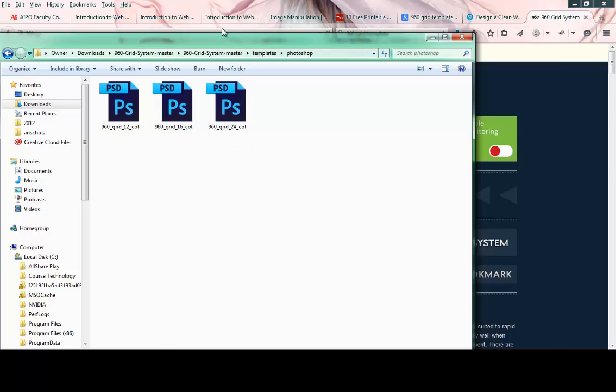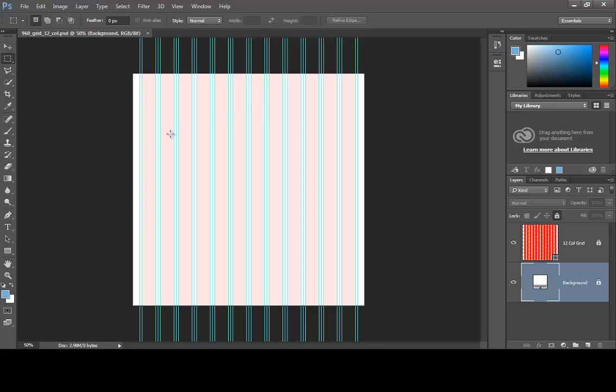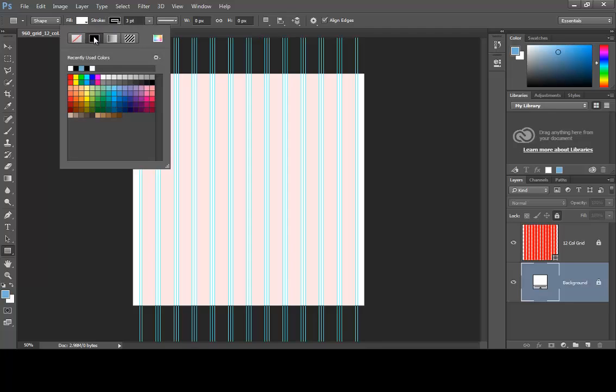And when you open this up, in Photoshop, like in this case, and same thing in Illustrator, it's going to put all these nice little guides in, and it does some color coding so that way you can see these columns. So then, with the guides in place, all you have to do is create your box, and it's going to snap to the guides itself, which is great on that part. So if we take our rectangle tool, and let me have a black stroke here,